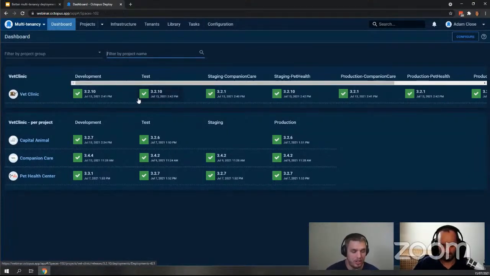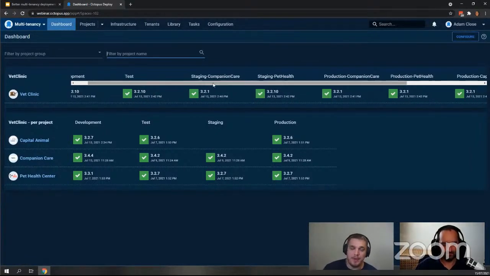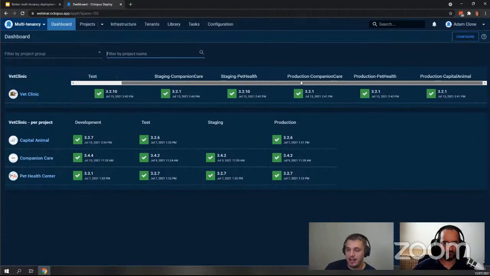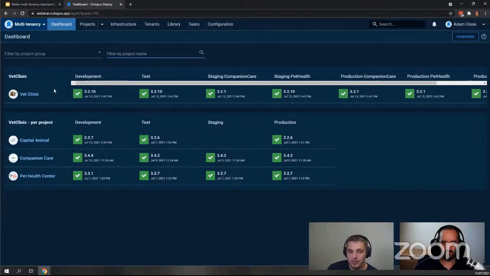We want to deploy to dev and test for our internal testing. Then we have this environment-based model where we base a customer as an environment in Octopus. So we can see we've got staging companion care, staging pet health, and then we've got the production environments for each of our customers. If we jump into the deployment process,